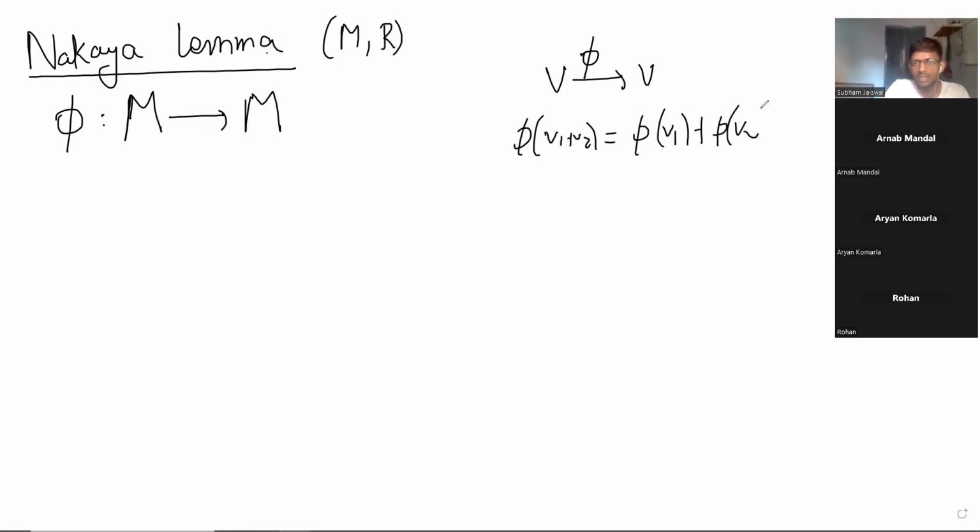You obviously know this. Multiplication by a matrix is like this, right? If you think of phi as a matrix, and then if you have a scalar, then it comes out. Here also the same thing. Scalar R. So this is a module morphism. Then we want to say that